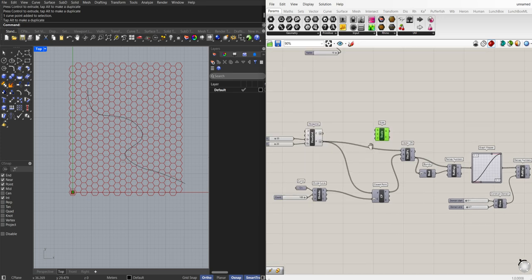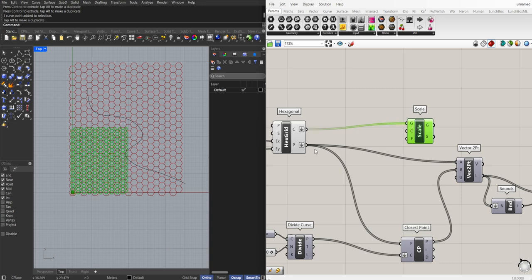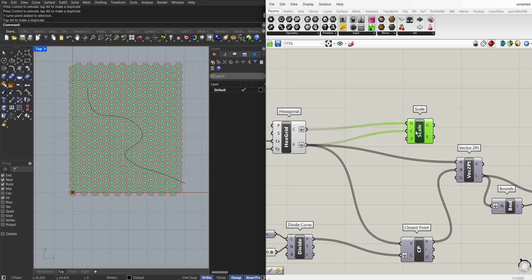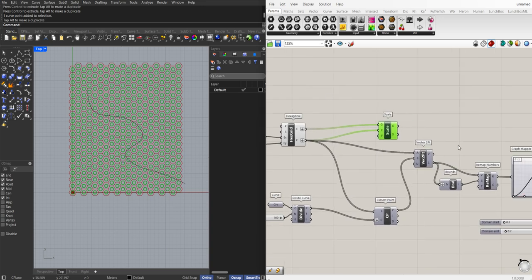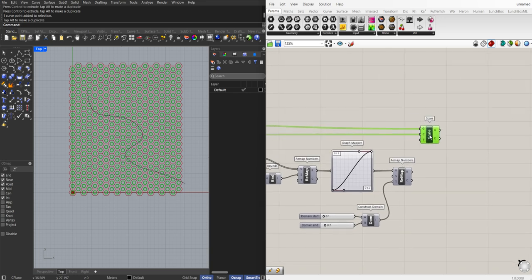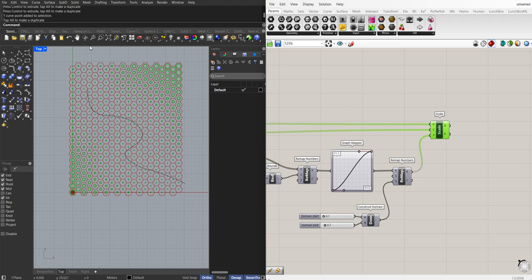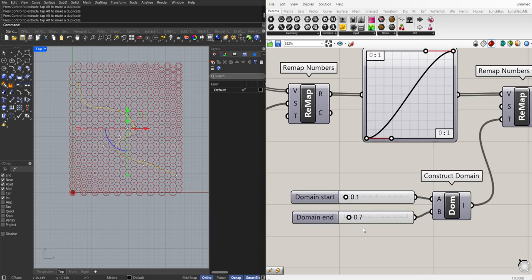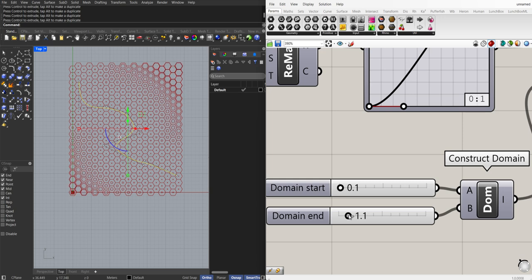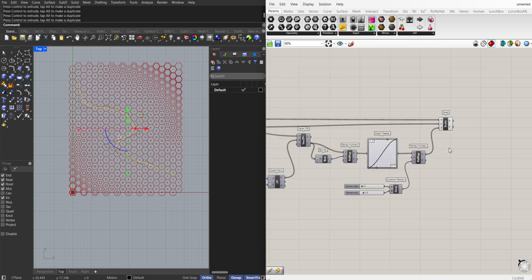So we're going to search up scale. Let's plug in our curve there, plug in our points there, so you can see now that the scale is being changed, and how it's going to be manipulated with the curve is through a remap, and we're just going to plug in that there. So now you can see that if we move this around, it'll move around as well with the scale. Let's make maybe this one a bit bigger. Okay. So now since we have this,